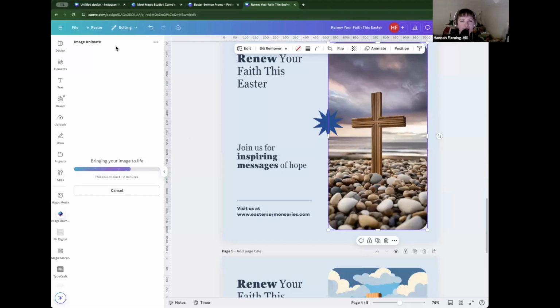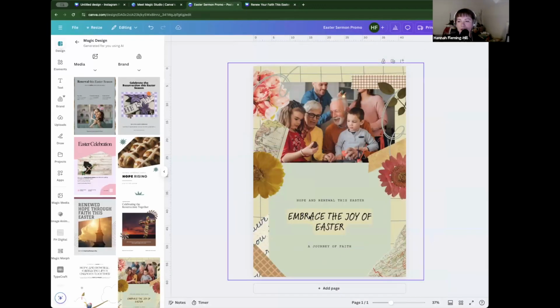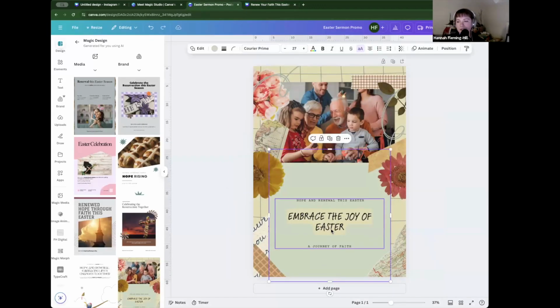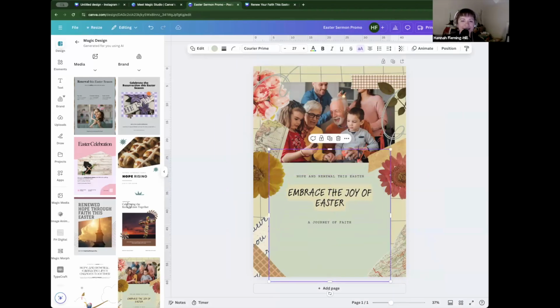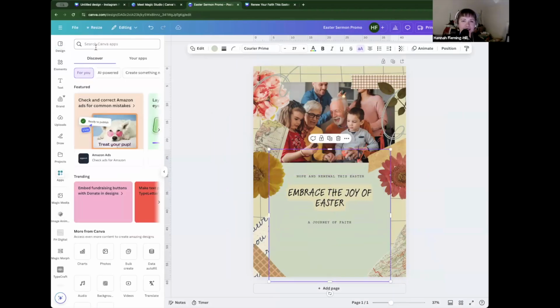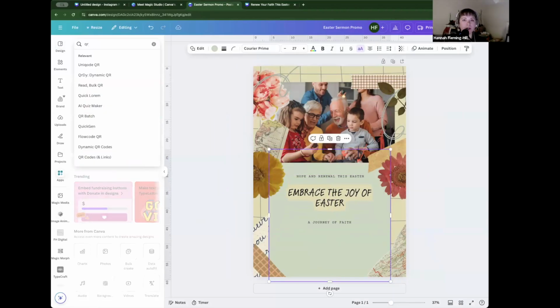I know that there are other sites that create QR codes, but that's a bit of a faff, downloading them from somewhere else and then bringing them into here. You literally just type in the link that you want and get a QR code. I'll show you quickly on here. So say we've got "Join us this Easter." Yay. Move that up. If I go to apps, I search QR